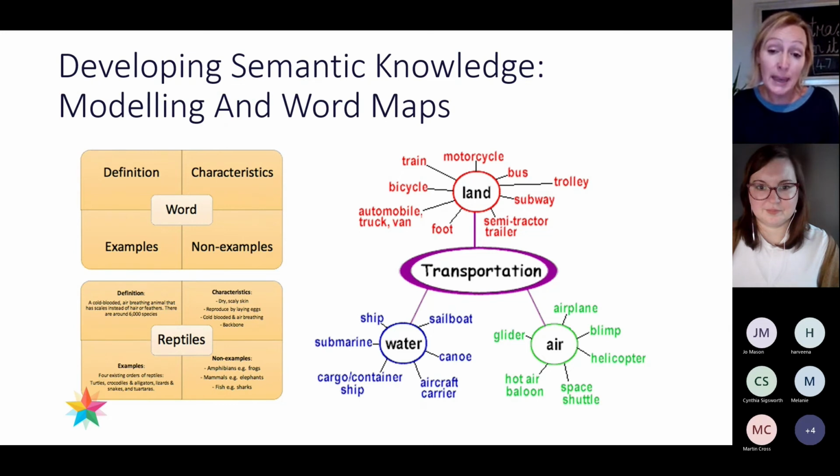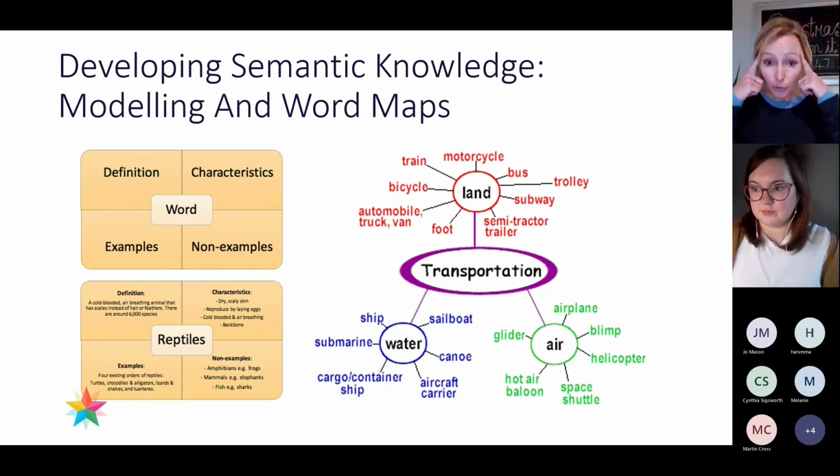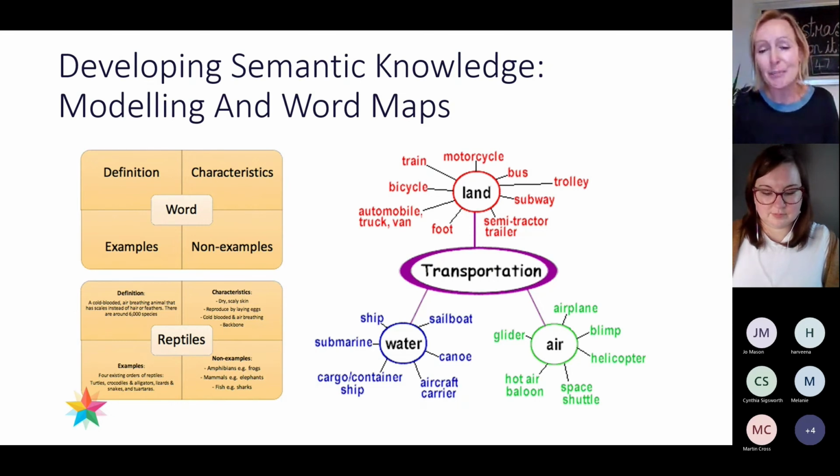And of course, that's for me one of the most important reasons behind a focus on vocabulary, because it's the vocabulary that stimulates thought, and you can't disassociate the two. And so if you're going to build a really articulate mind, the way you do that is through an articulate vocabulary. And semantic maps and semantic modeling allow you to look at what that looks like visually, tangibly, and take it out of your brain and onto something that we can discuss and view collaboratively, so that benefits the discussion.